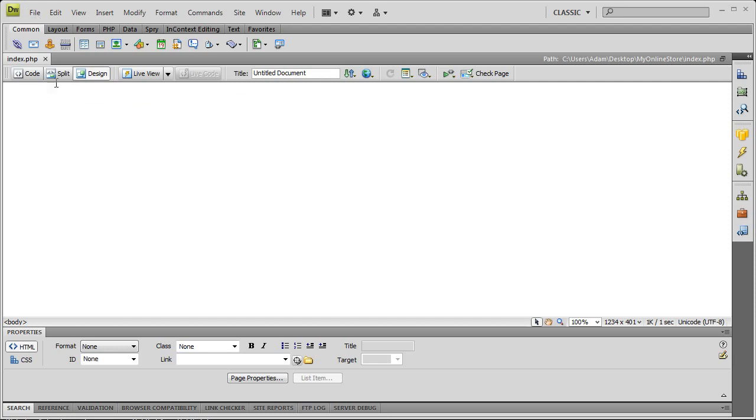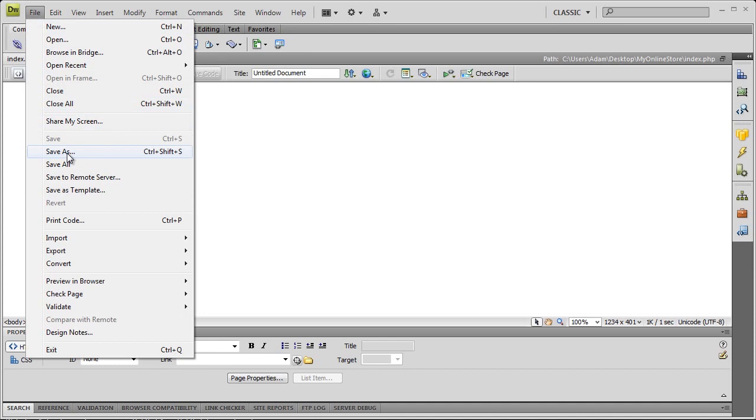Now, we're not going to set up the home page just yet. We're going to lay out every page and script that the whole system is going to need to run at a basic level, and then we'll go adding things to the pages that we need. Alright, now we have our home page. Now let's File, Save As,